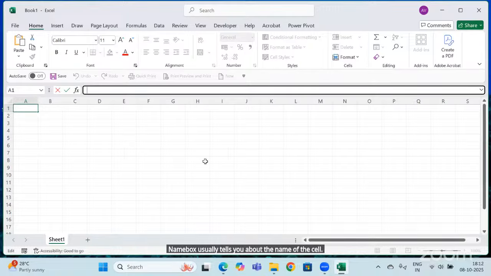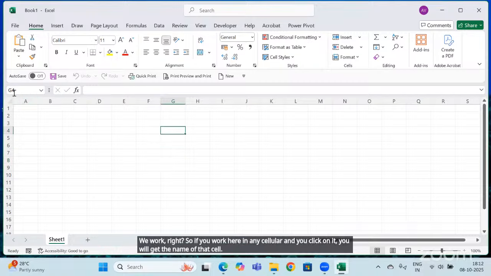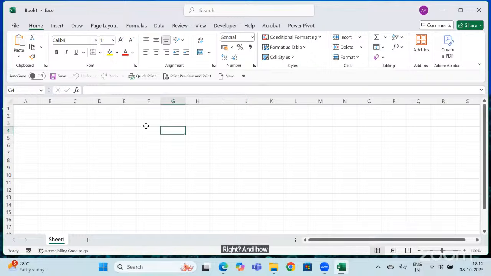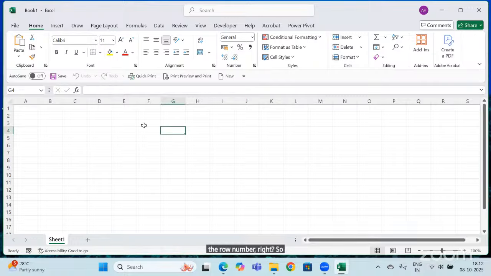This is the work area where you work. When you click on any cell, you will get the name of that cell. And how are the cells named? With the help of the rows and the columns. First you give the column name and after that the row number. This is how you can name any cell.